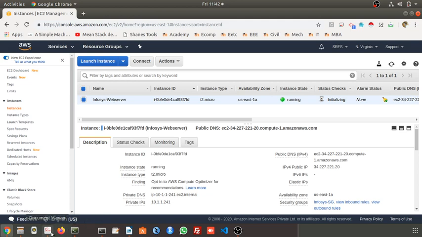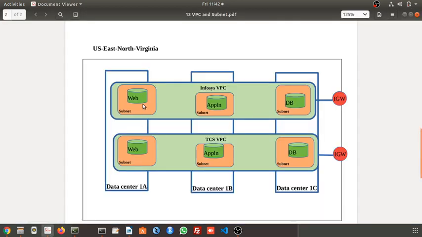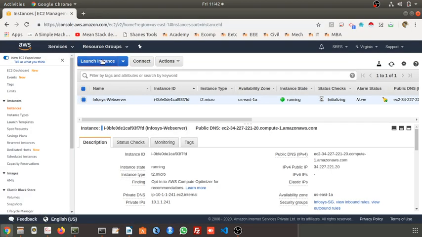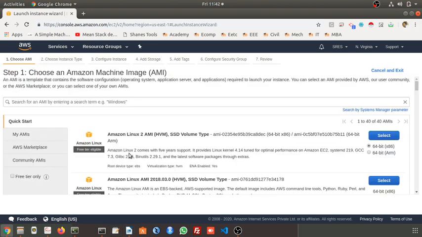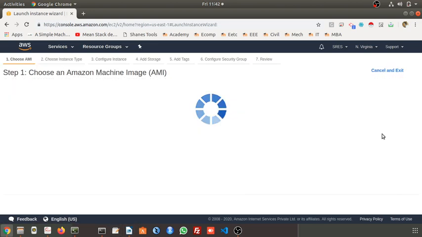Okay, let us create one more instance. So far, what we did is create this in this subnet, in this availability zone. Now we will create the application server VM. We will place it in data center 1B, and attach it to this subnet. Launch it, select.